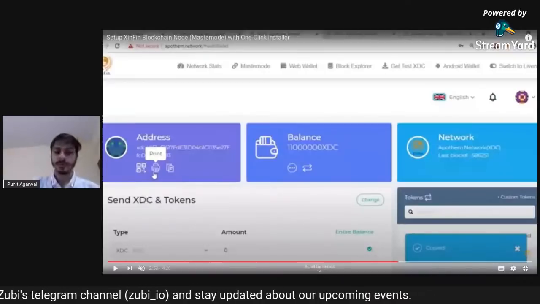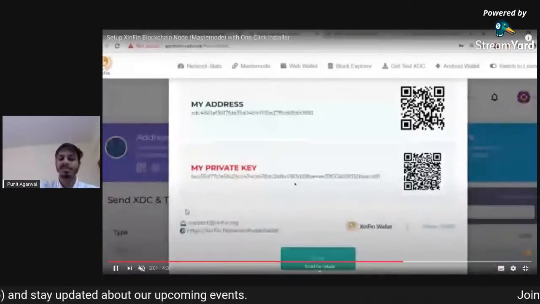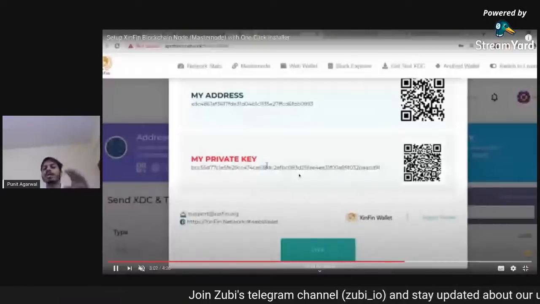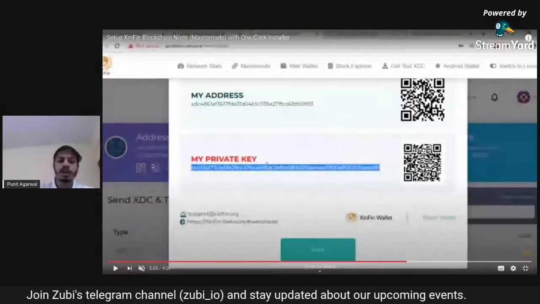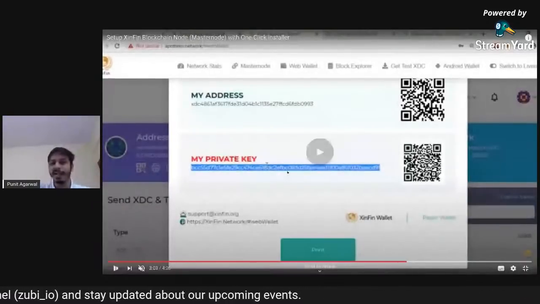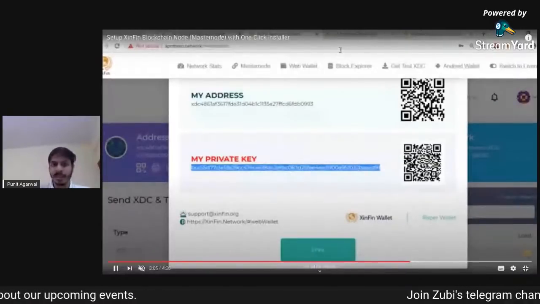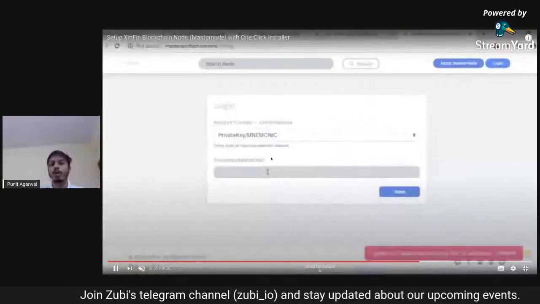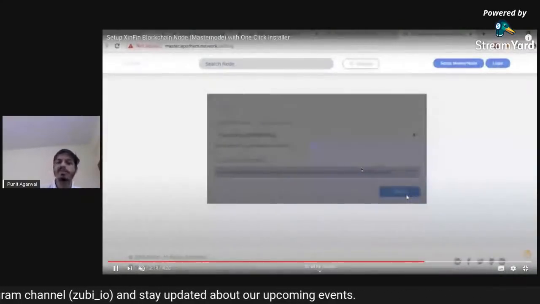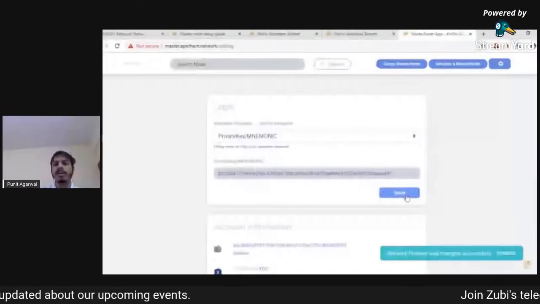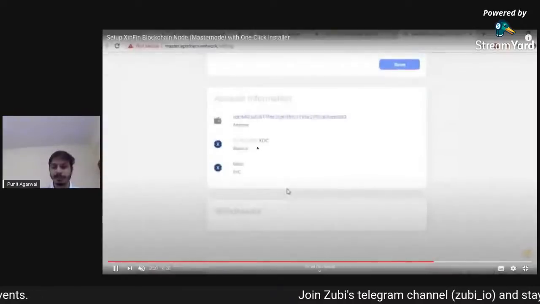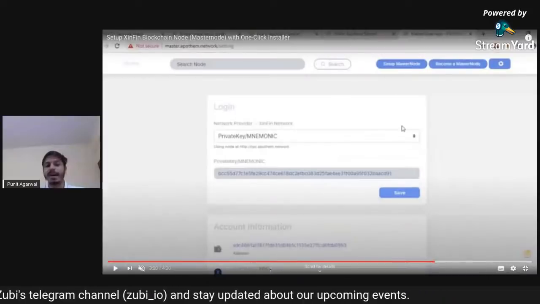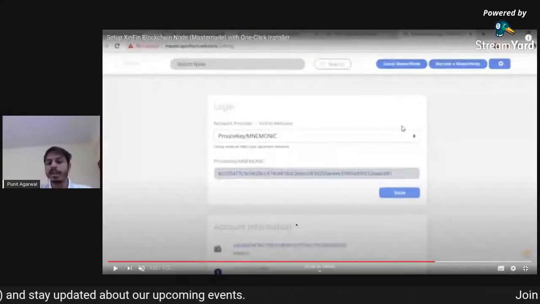Once I have this wallet, I can download the private key of my wallet. In order to do that, I'll just click here, and then I'll have my private key. I'll save this private key for my reference, and I'll log in to the Apothem network. I'll put this private key to log in, and then I'll save it. This will bring all of my information: this is my XDC address, and this is the balance of this XDC address, and it will also show